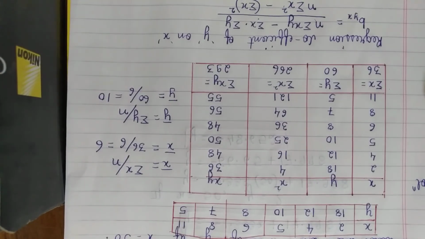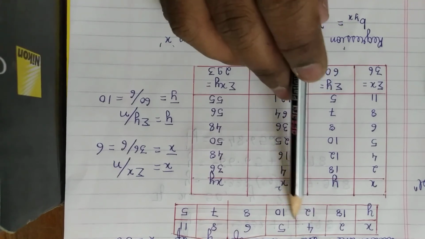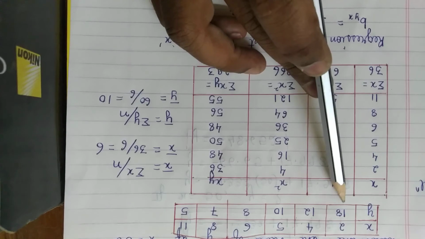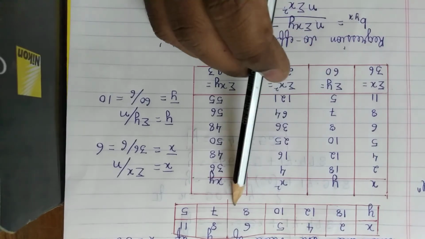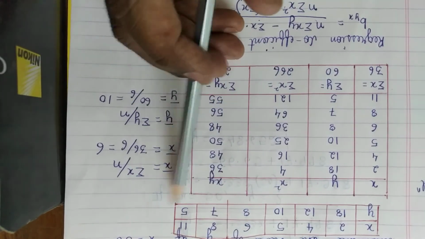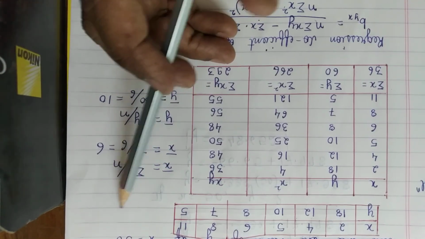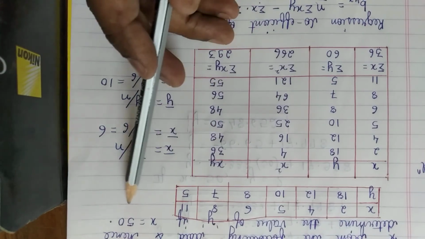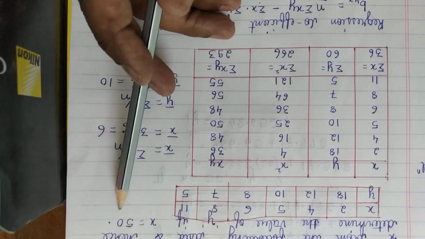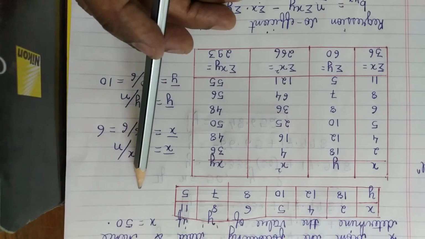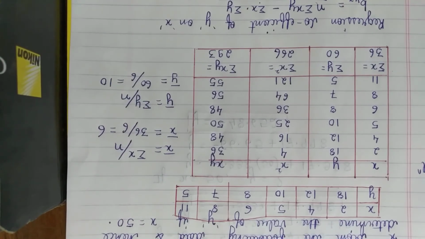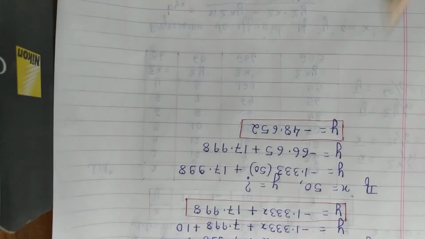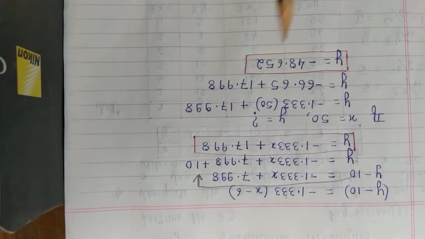See here, values of x are increasing: 2, 4, 5, 6, 8, 11. They are increasing. At the same time, values of y are decreasing: 18, 12, 10, 8, 7, 5. So if x goes on increasing, y will go on decreasing. Right? If this trend continues, as x increases, y is decreasing. So when it crosses a certain limit, this will cross 0 and become negative. And that is what we are getting, a negative answer. So whenever I get a negative answer, I'll just check whether whatever calculation I have done is right or wrong. So this is your problem.